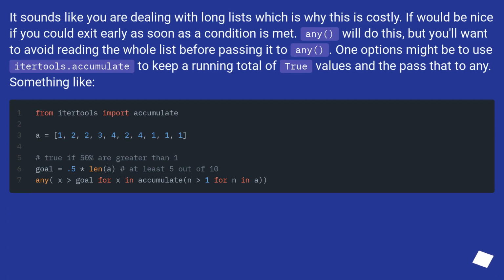It sounds like you are dealing with long lists, which is why this is costly. It would be nice if you could exit early as soon as a condition is met. Any will do this, but you'll want to avoid reading the whole list before passing it to any. One option might be to use itertools.accumulate to keep a running total of true values and pass that to any. Something like